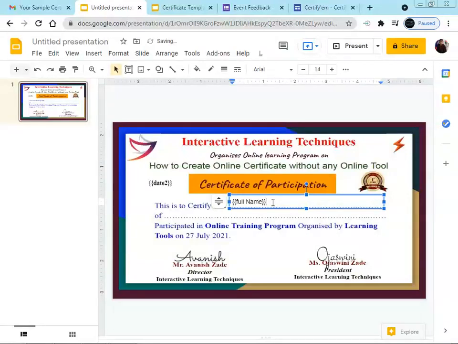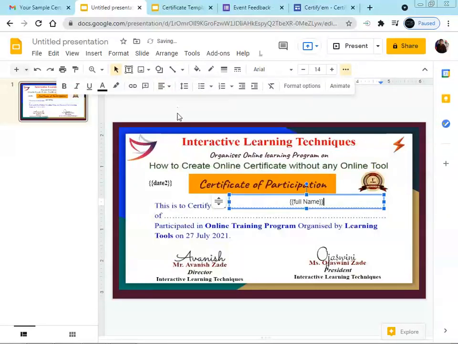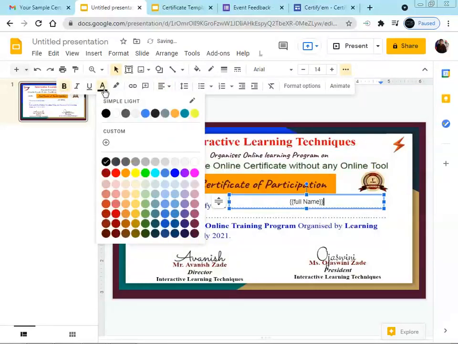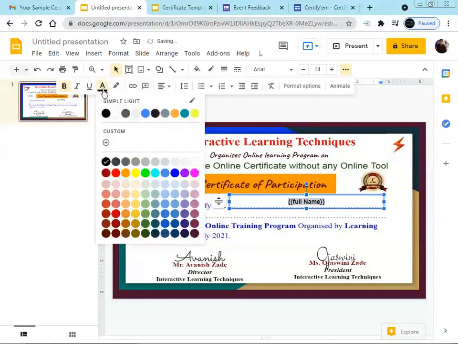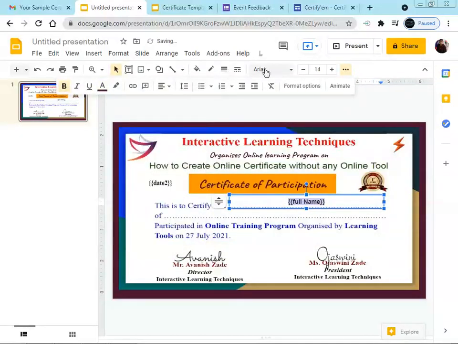Now we have to set this with center alignment and proper formatting, select bold, choose another color, and make the font full size.